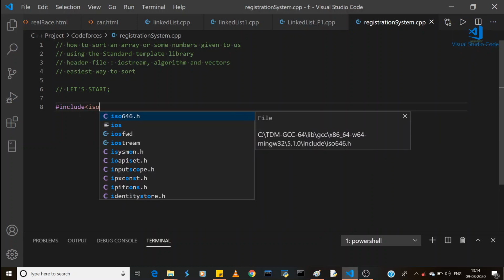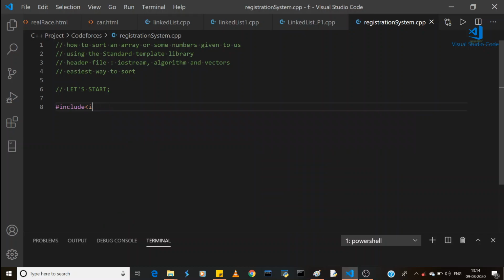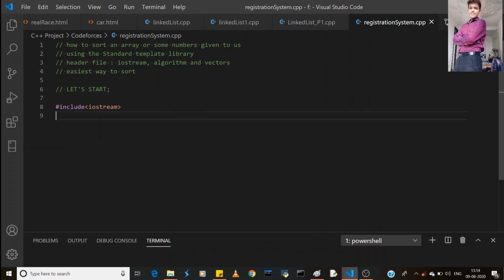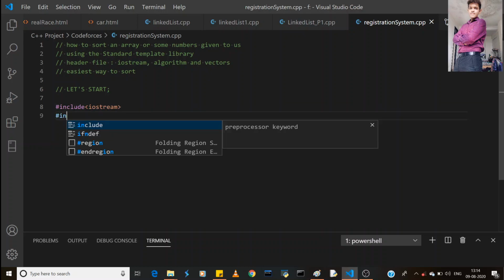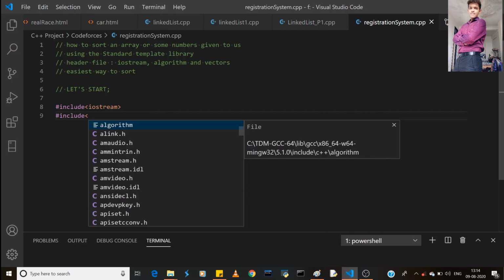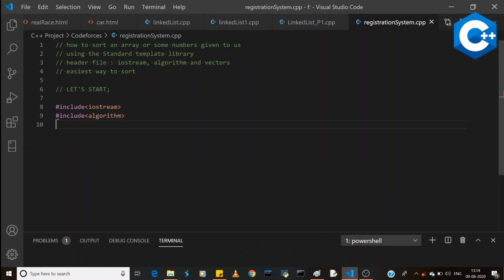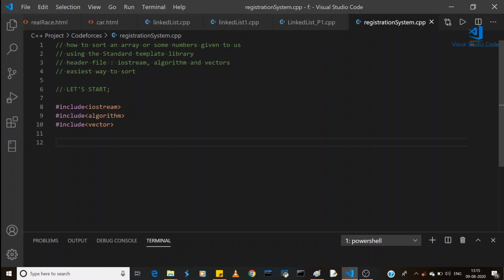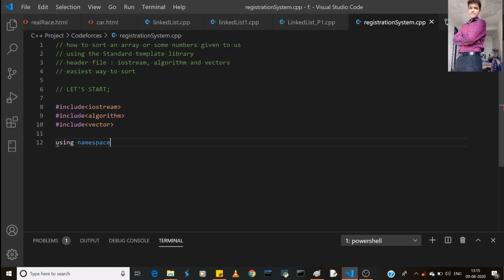One is iostream, and the second which I am including is algorithm, and the third one is vector. Okay, so these are our three libraries which I have added. Then we have to write using namespace std. Then the main function,